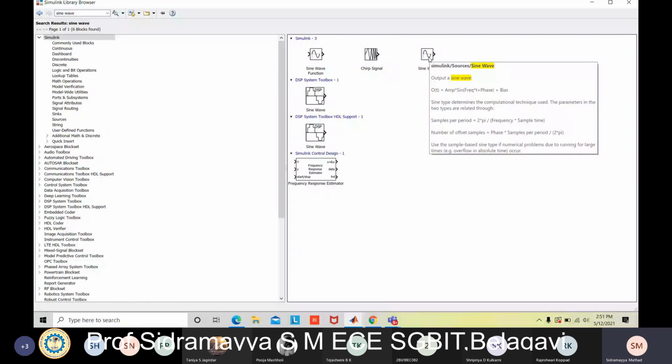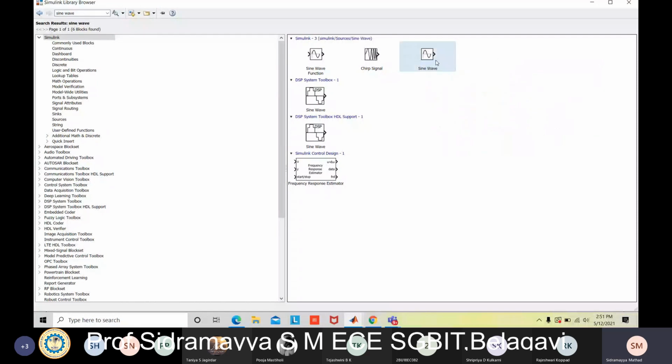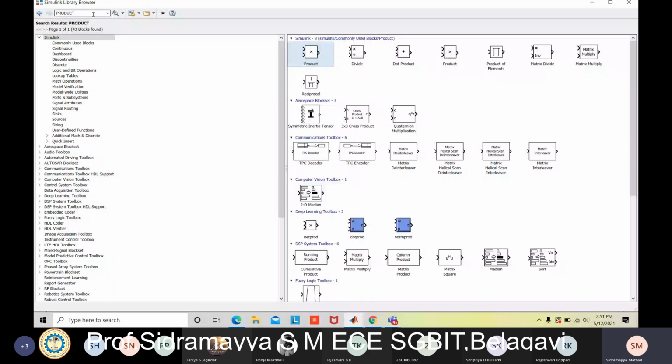Next one, a product. I need a product here. Just right click and add block to model. Actually we need two products, so you can copy and paste, or you can select it once again.